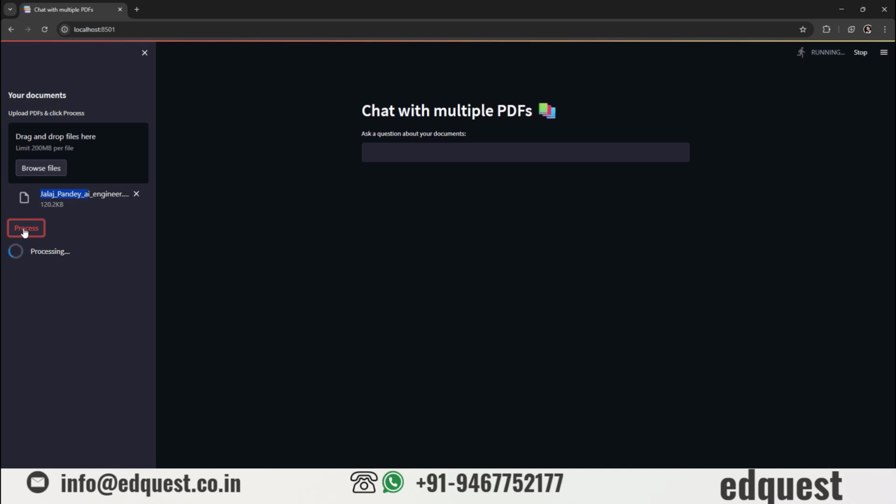It will parse and index the documents. Notice the loading spinner while this happens. It will also take a moment to load the document. This app retrieves the most relevant chunks and uses Gemini to deliver a concise answer based on the contents of my uploaded PDFs. No hallucinations, just grounded, document-aware answers. As you can see, it is saying "PDF is processed. Ask your question."